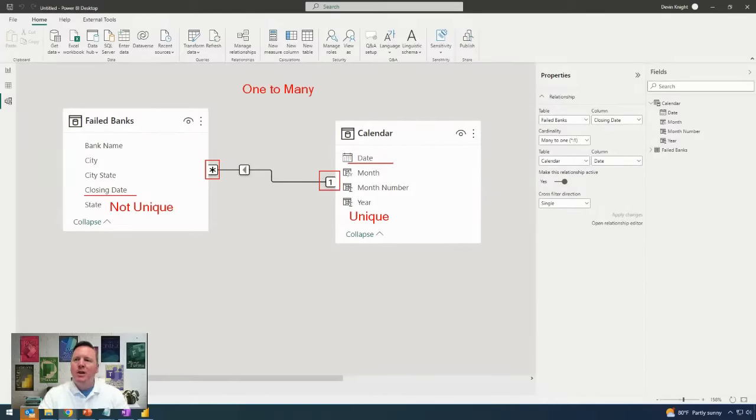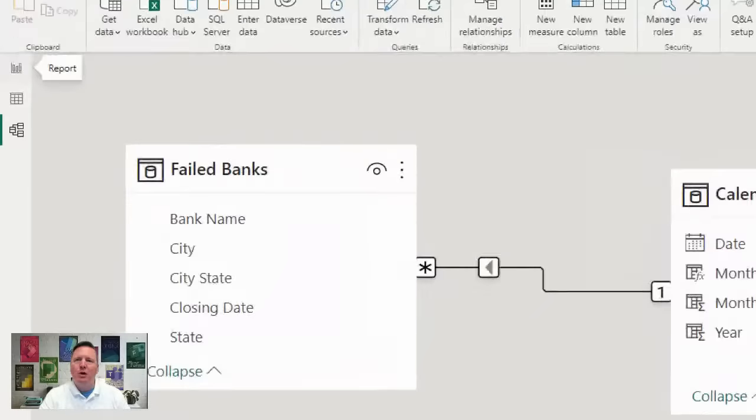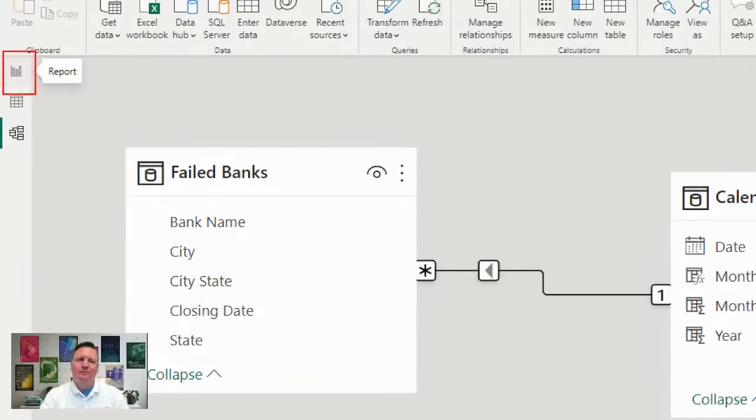All right. So we have designed what's known as a one-to-many relationship. It's unique in the calendar table. It's not unique in the failed banks table. And that's the way we want it for this example. All right. So now that the relationship is created, we can actually go back over to the report view up in the top left right here. So we can go navigate back over to the report view,